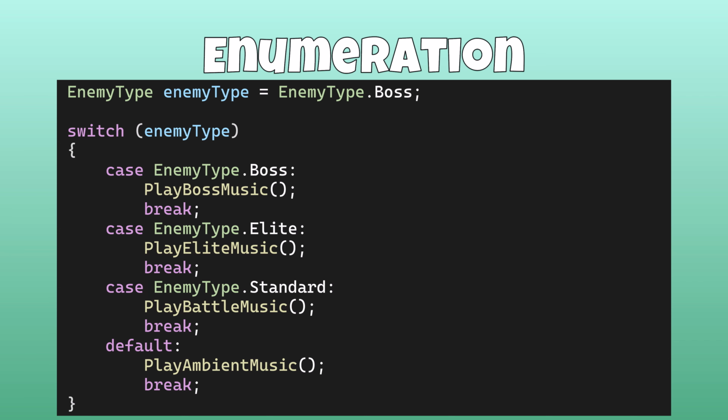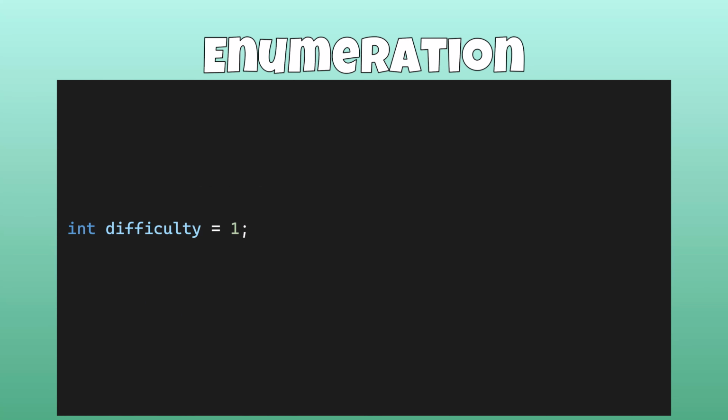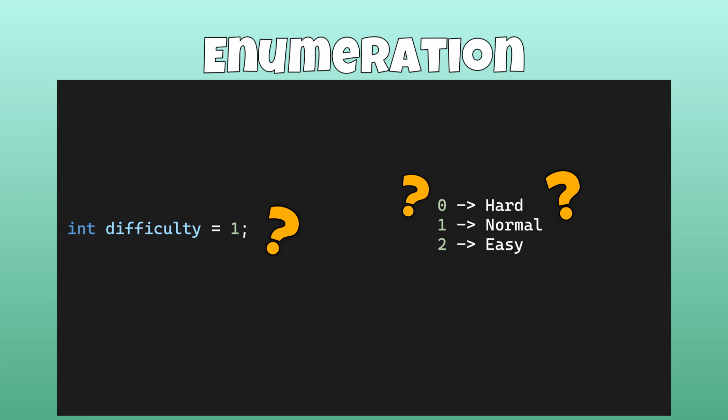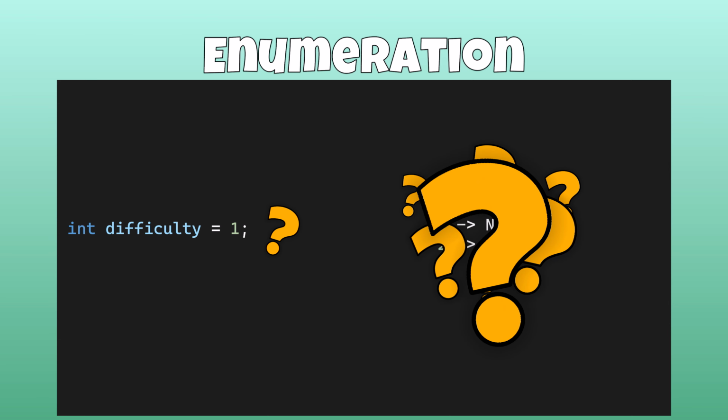Enums also make your code more readable. Let's take another example. You have several difficulty levels in your game, easy, normal, and hard. And you have a variable of type int that contains a number depending on the difficulty level. For example, int difficulty = 1. When you read this code, you might wonder what this 1 stands for. Is it the easiest level of difficulty? Or is it the hardest? Do you start counting from 1 or from 0? In short, it is not very clear, it's full of questions, and so it's not recommended.